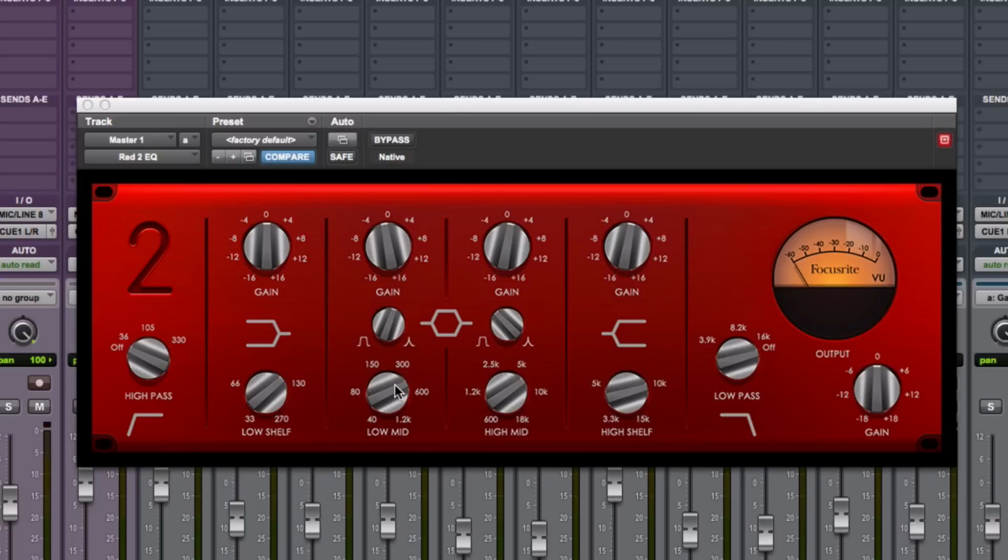To me, it sounded like 450, 500 was kind of nasty and kind of boxy, on the vocal and the guitars. So by notching out a dB of that, it really opened up the guitars. And then a couple of strategic boosts here that I think open up some of the upper mids and the highs. They give you that clarity,